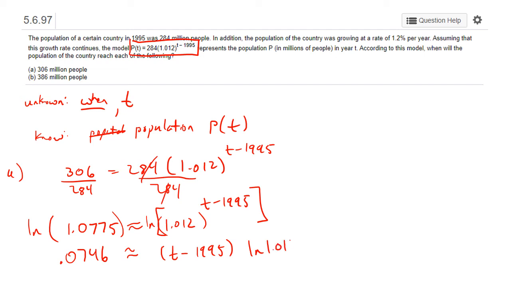Natural log of 1.012. Now I'm going to divide natural log of 1.012 over to the other side. So 0.0746 over the natural log of 1.012 is approximately t minus 1995. I'm just going to go ahead and do that computation. Take this, divide it by the natural log of 1.012, 6.2548